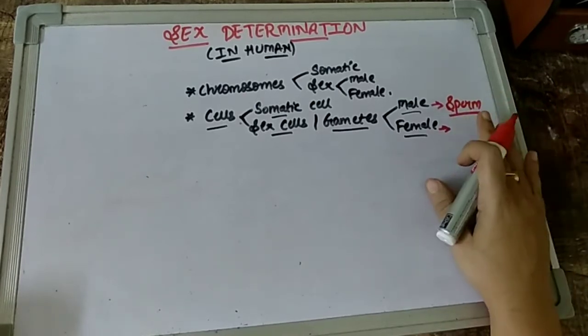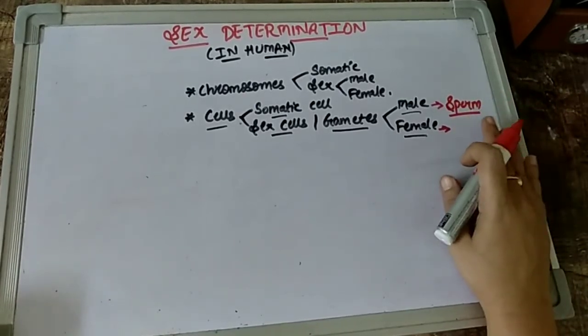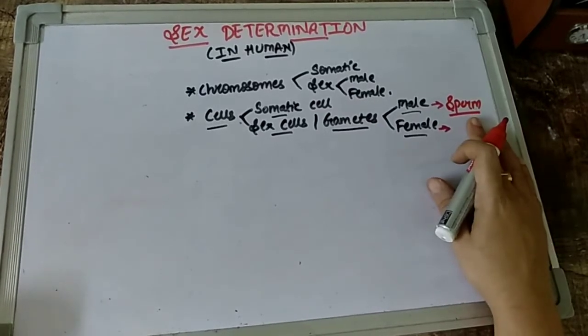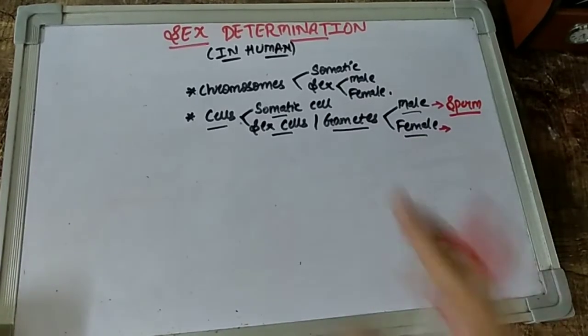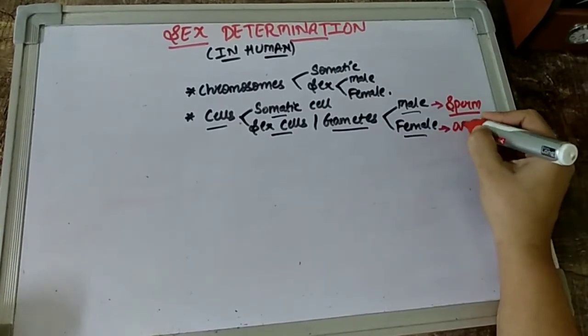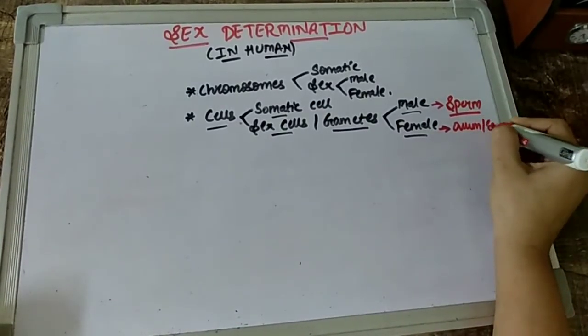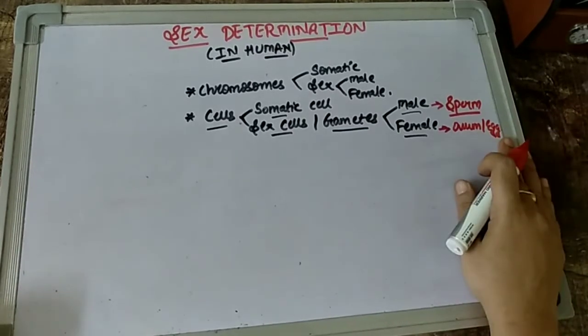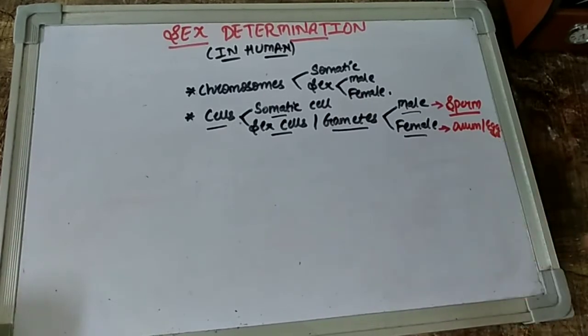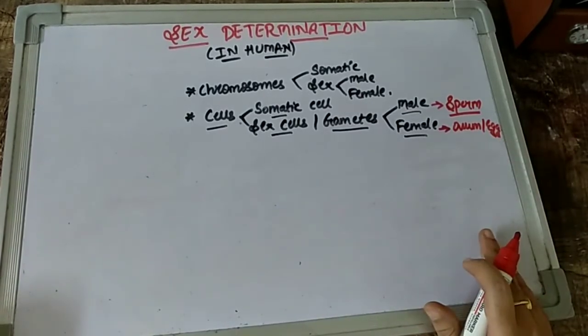Again, children, just to be clear, testis is the organ. It's the main sex organ in male that produces the gamete. And what is the name of the gamete? As I said, the gamete is sperm. Similarly, what is the name of the sex cell or the gamete when it comes to female, children? The name is ovum or egg, you can write either. And what is the main organ that produces the ovum or egg? I think everybody knows that they are the ovaries, which are there in a pair. Even testes are there in a pair in the case of males.